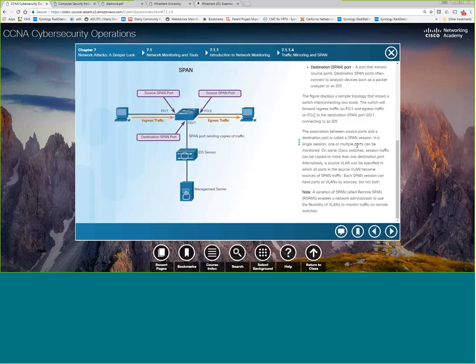So that's one way you could get away without having to do these span ports, but it's still not perfect because obviously if you can do something to the host operating system, you may be able to overwrite the ability for the system to send information to the monitoring tool.